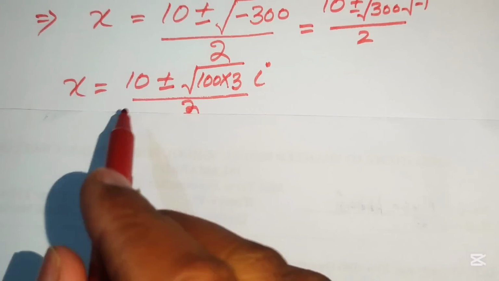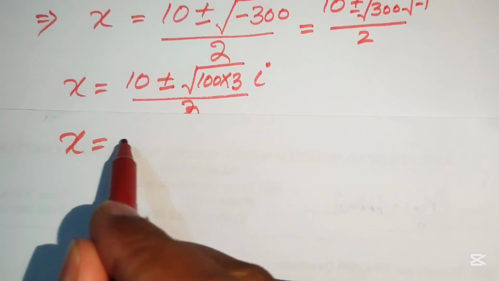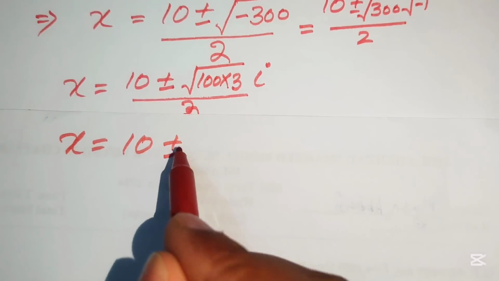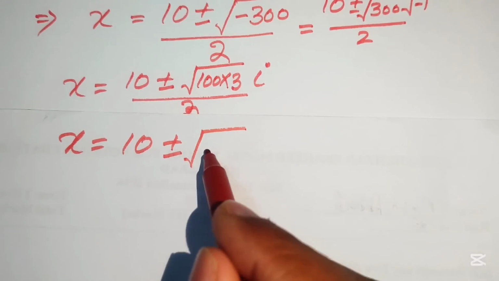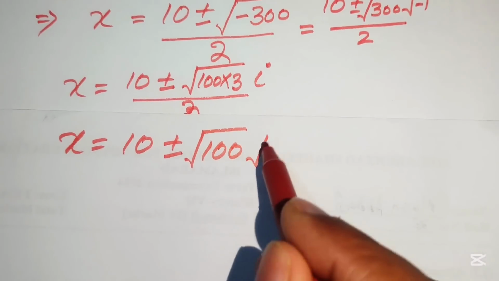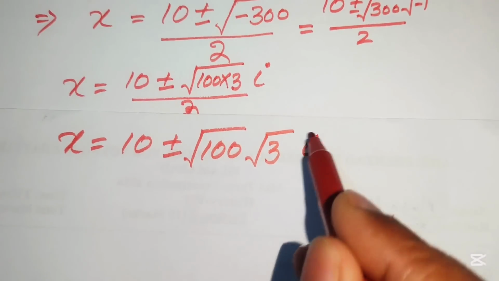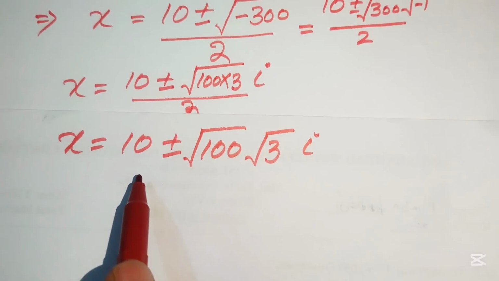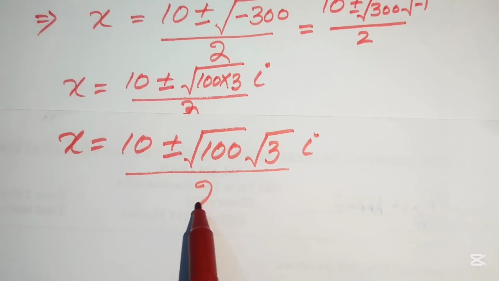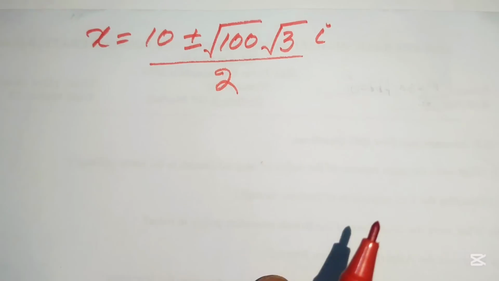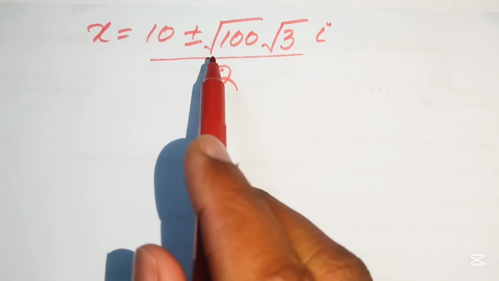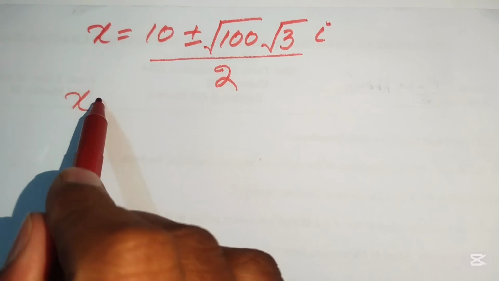So we have x = (10 ± √(-300)) / 2. Here we separate the square root on both of these terms, and it will be written as the square root of 100 times the square root of 3 times iota, and here we divide it by 2. Okay, so now after this step we need to open this square root sign, and it will be written as